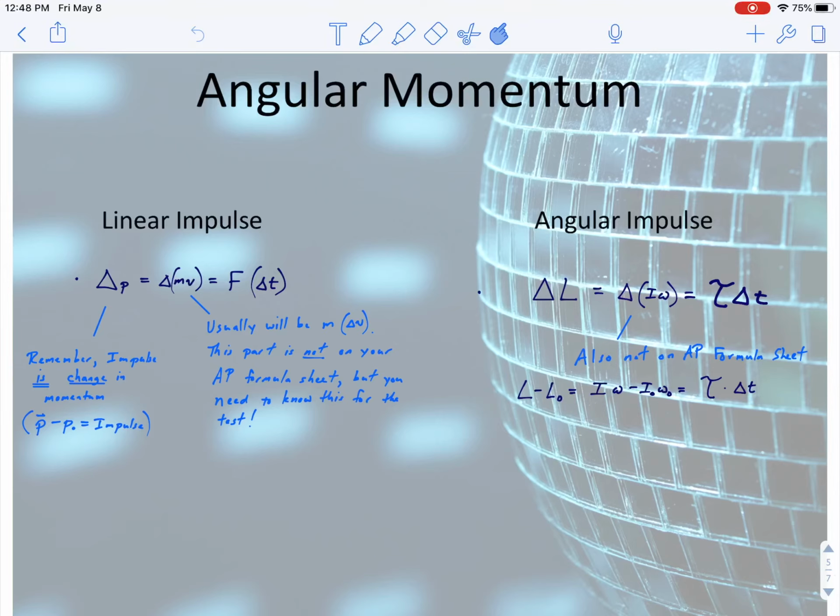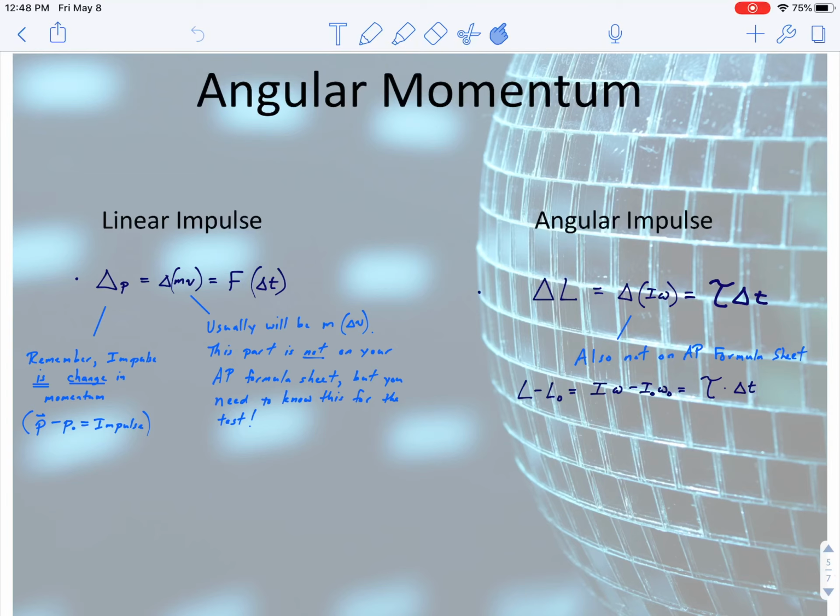All right, so the final topic to look at when discussing angular momentum is the concept of impulse. Impulse was an important thing when we looked at linear momentum because it related momentum back to forces and Newton's second law, and then we could also relate it to things like kinematics. So, just a review here, linear impulse was calculated by saying that the change in momentum, which is the impulse,